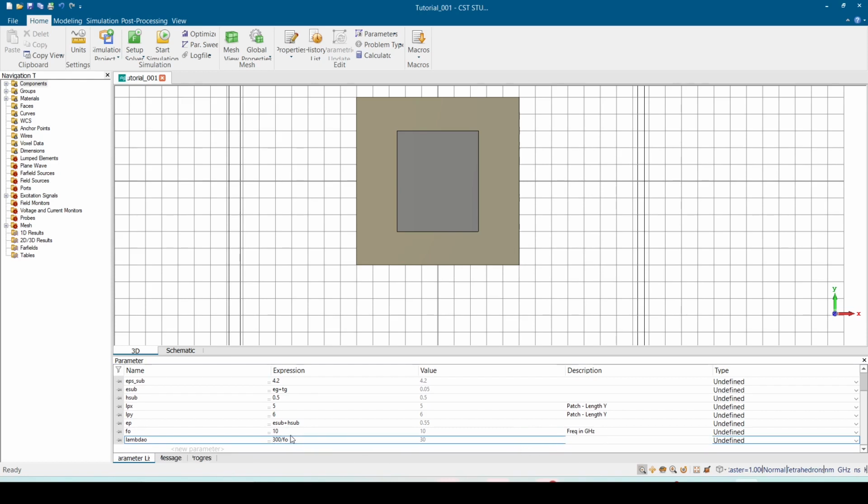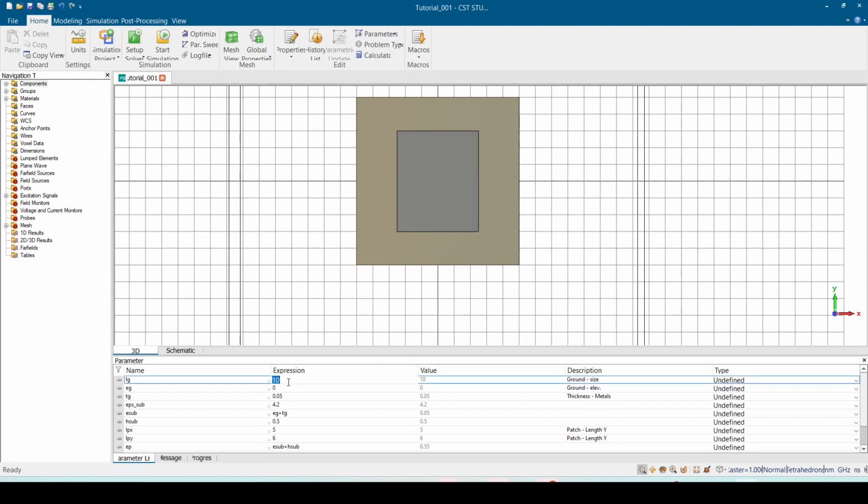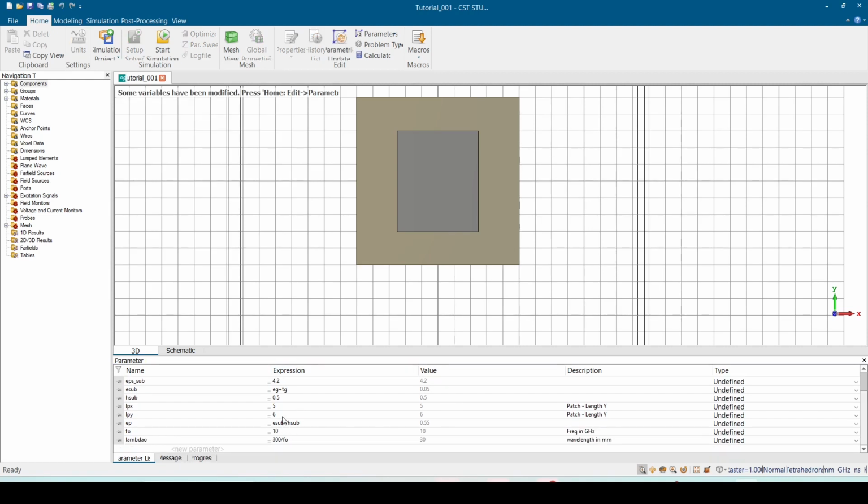So this tells me, after just the calculations, how we calculate lambda from f. It is something like this: 300 over f naught, and this gives the wavelength in millimeters, right? So I start initially, I will choose the y dimension to be the patch we want. For example, I prefer that the ground will be lambda free space over 2, right? And then for the y dimension, I will make it lambda